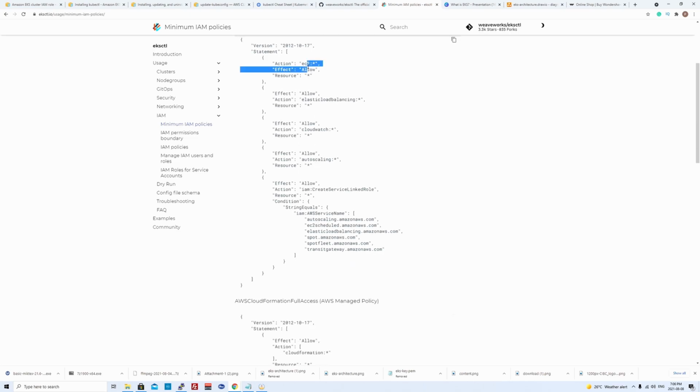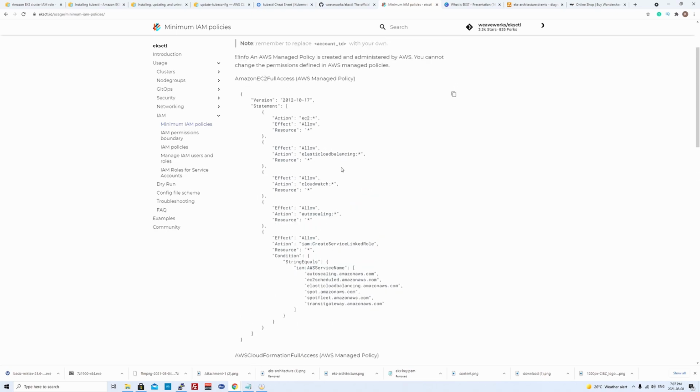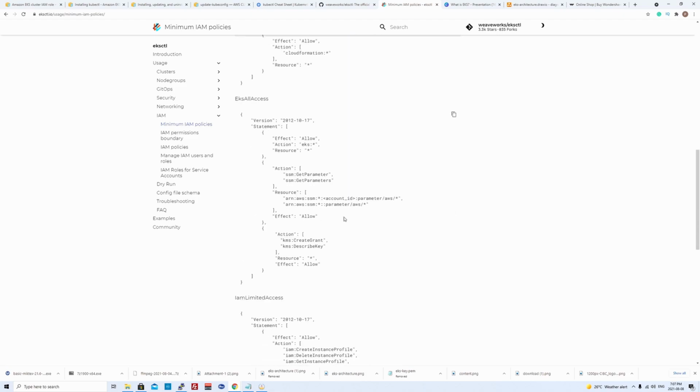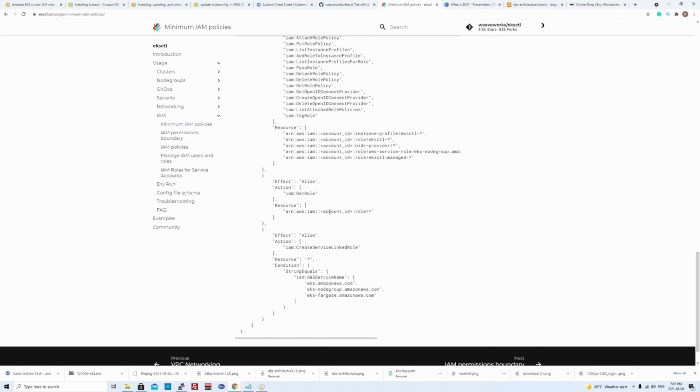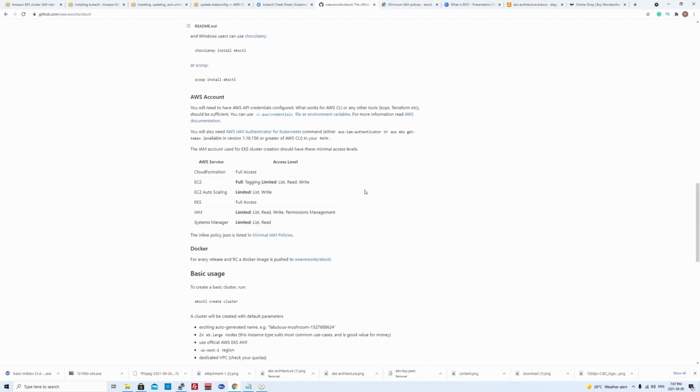So it should have EC2 full access, elastic load balancer access, CloudWatch, auto scaling, and access to create the service linked role for all these services. This is just for the EC2 full access, and then we have similar ones for CloudFormation, EKS, IAM, all those. So you could just create a policy with all these inline policies and attach it to your user.